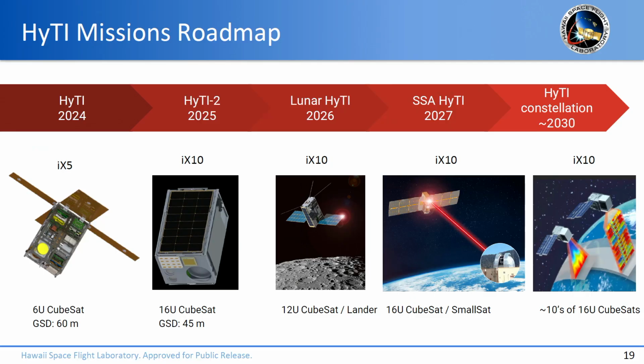Also, HiTi is already going to be transformed into another mission, so HiTi 2 is upcoming. We're currently working on that. We're hoping to deploy this one or launch this one in 2025. This satellite will be significantly larger because while we were developing HiTi 1 as